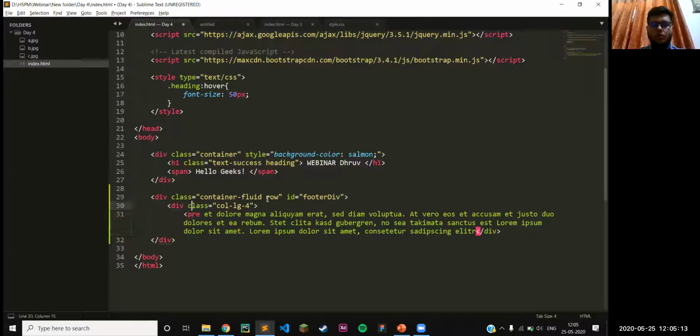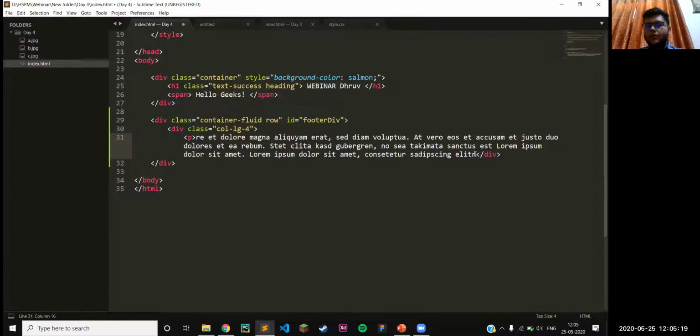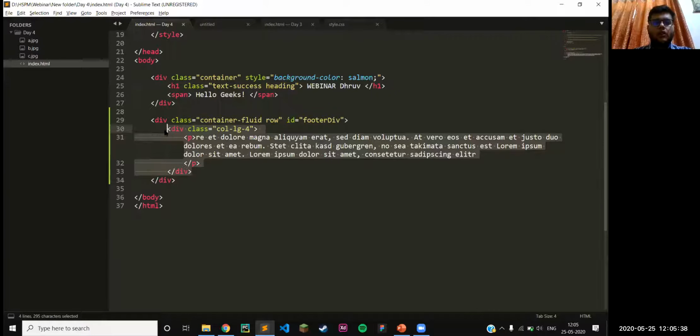Let's put it in a p tag, and then we have this closing tag of div, and we will close this p tag. Okay, so this is our first column of the content that we have in our footer div.